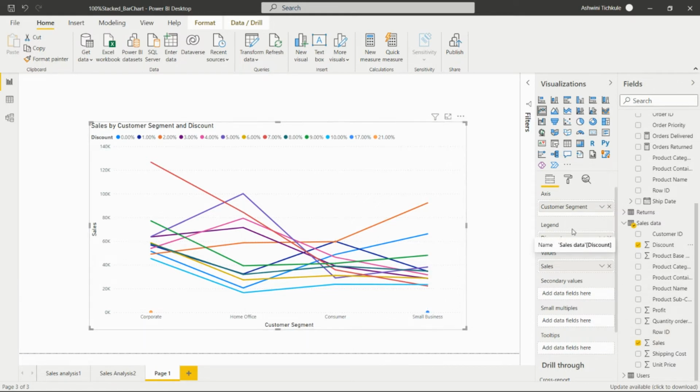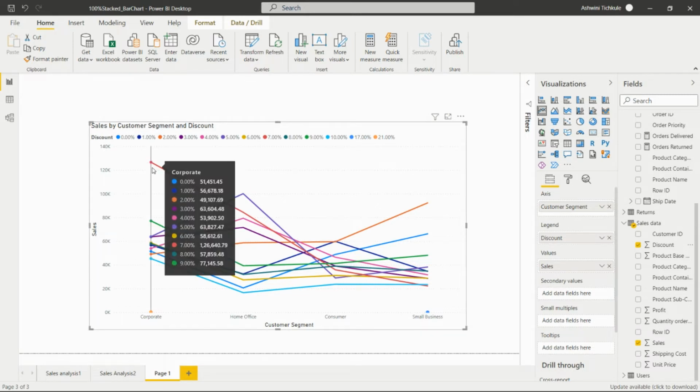Okay, so we can take the discount as the legend so that we are able to see it in the line. So by adding the legend as discount, we can see the discount percentage, and according to this percentage, what is the sales by customer segment and discount.